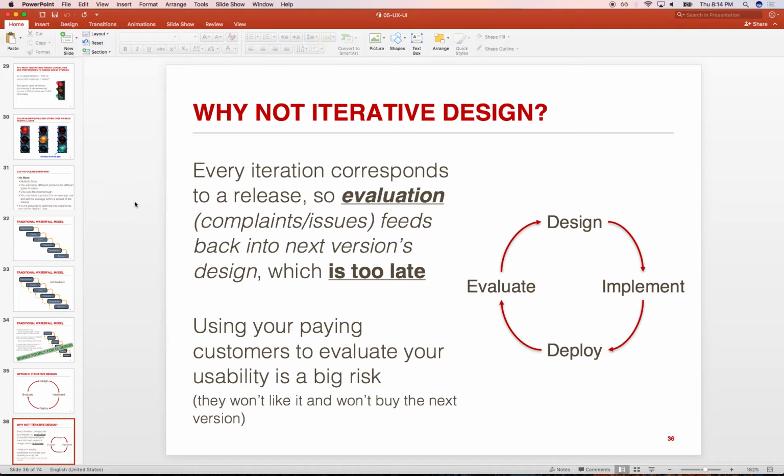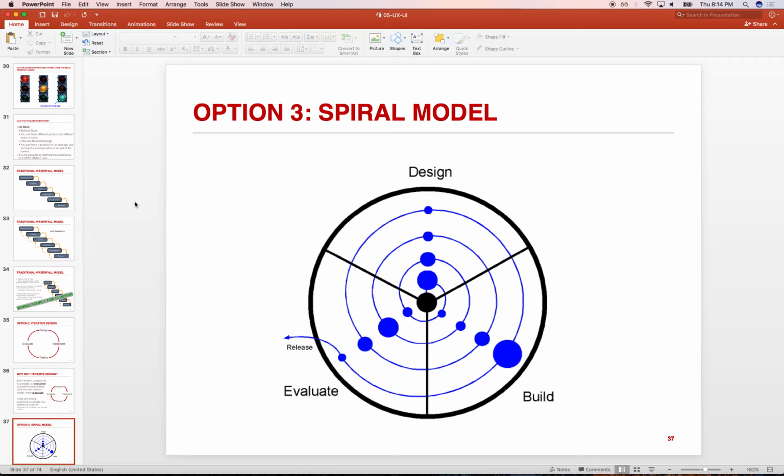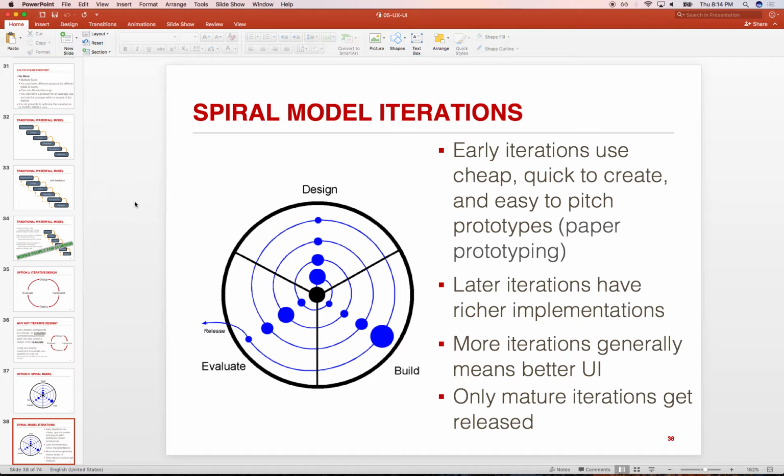You want this much earlier. It's too late by the time it gets to the end user, right? So you need to do this as early as possible, perhaps using techniques that are not as expensive, perhaps using some prototyping tools, some just paper prototypes that can give you some early ideas of perhaps some things that should not even be explored, right? Some radical ideas that no one is accepting.